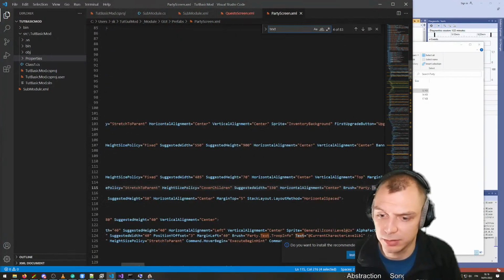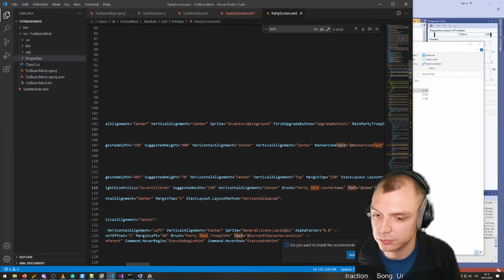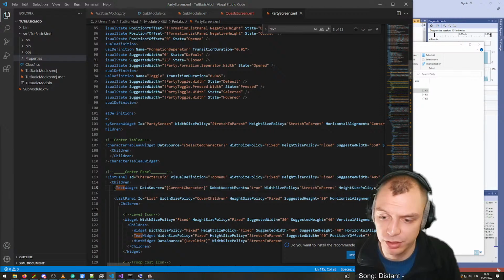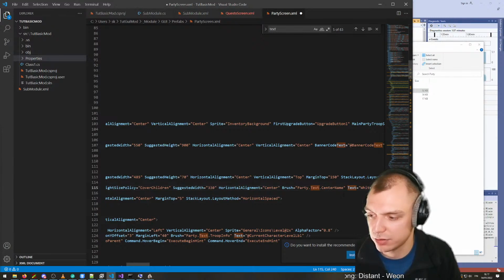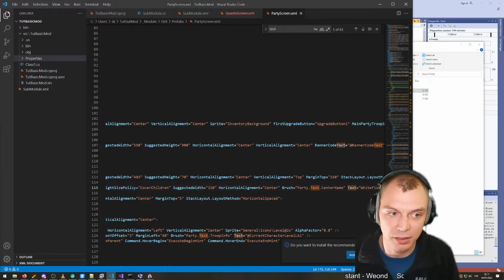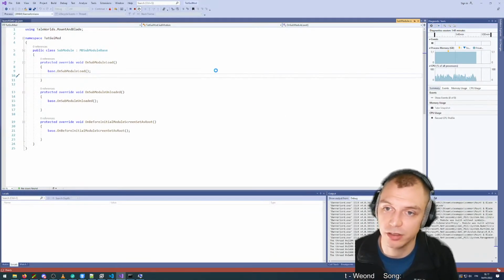And if we look for some text that we can change, what is this? This is data source current character. This is character name, right? So this is whitefish. So our character name is now whitefish on the party screen. So this is editing the party screen. And if we restart our mod,